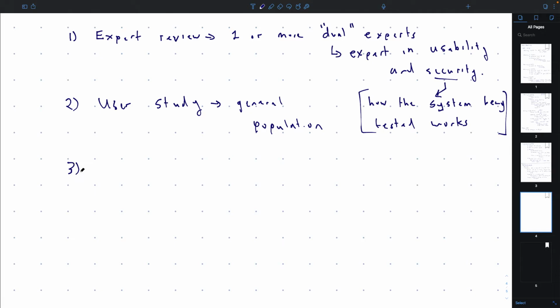And then the third option, which is the best, but it's also the hardest to arrange, is what we call a field study. A field study is where you push it to your actual users themselves, sometimes in a controlled experiment. So you might have an idea of, for example, a new security mechanism. And so you might take your actual users, like the employees of your company, give half of them the new system and have the other half use the old system, and then you try and measure the differences between them and how much it changes the security behavior and what usability issues it causes.